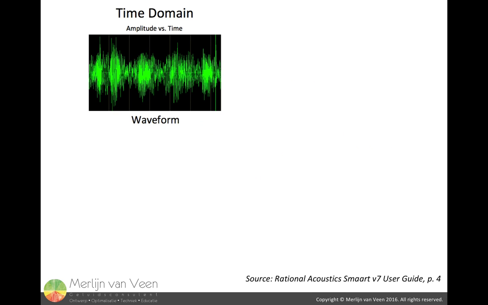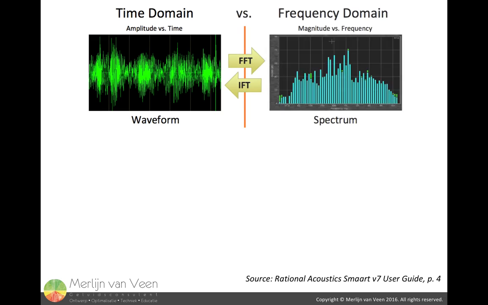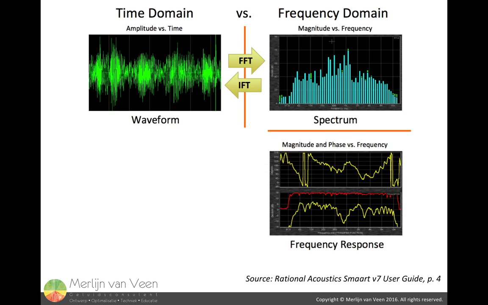Our dual-channel FFT analyzers transform the incoming measurement and reference waveforms from the time domain into spectra in the frequency domain by means of the fast Fourier transform. When we compare the measurement spectrum with the reference spectrum, we obtain the transfer function in the frequency domain, which shows us the ratio of output over input expressed in decibels, and the difference in time between output and input